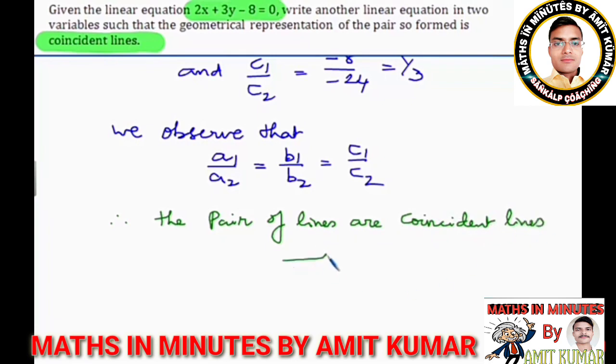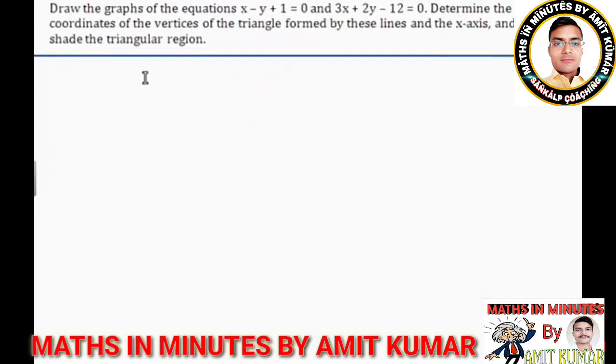Now let's move to question number 7 of this exercise, which says: draw the graph of the equations x minus y plus 1 is equal to 0 and 3x plus 2y minus 12 is equal to 0, and determine the coordinates of the vertices of the triangle formed by these lines and the x-axis, and shade the triangular